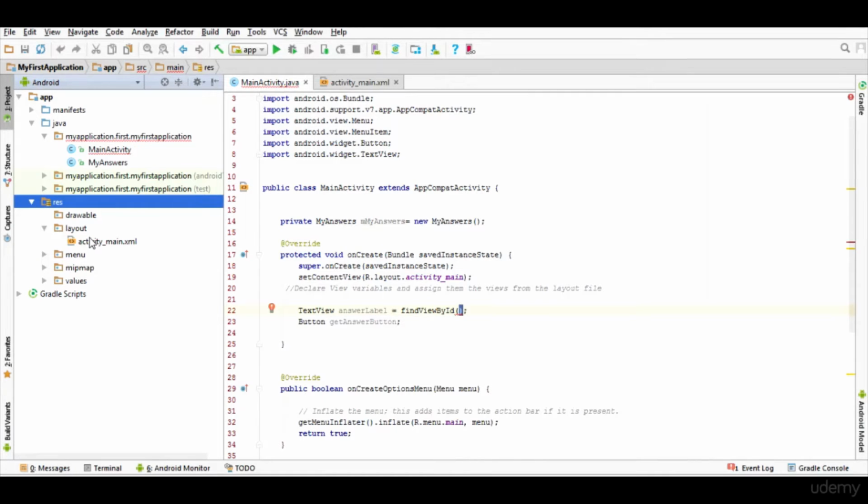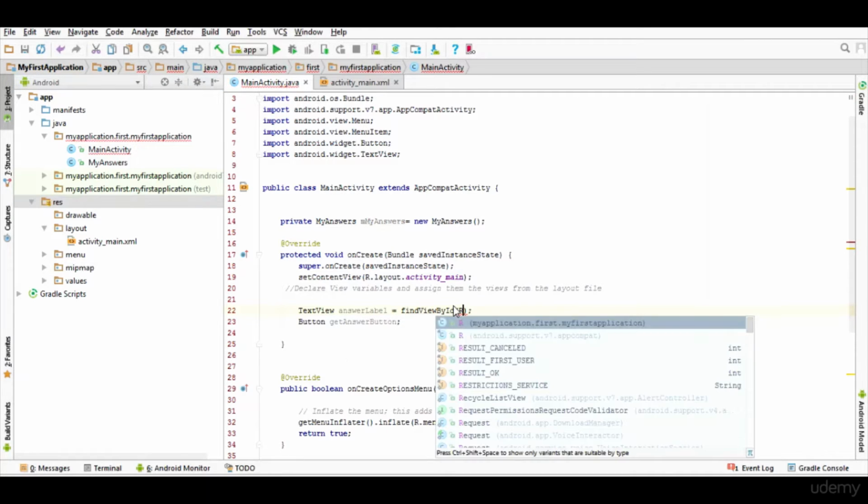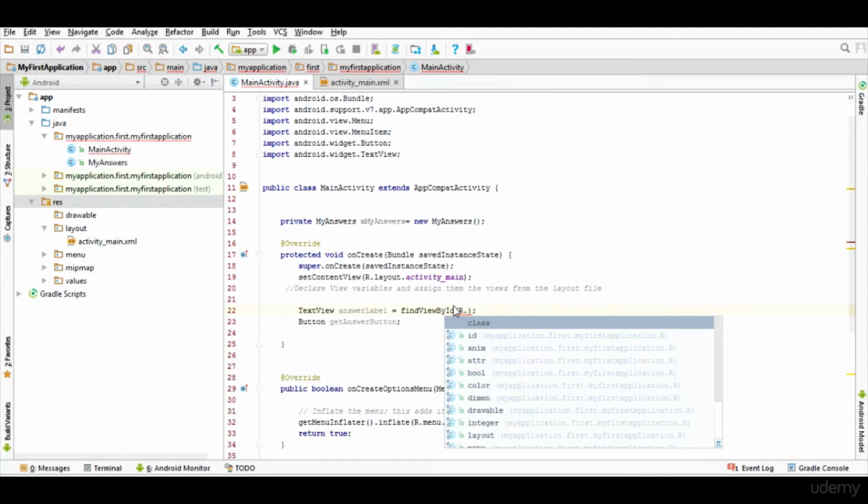The easiest example is to just go on adding and you'll understand it better. I'll type R dot, and as you can see, it gives me so many options through IntelliSense. The options correspond to the subdirectories present under the resource directory.